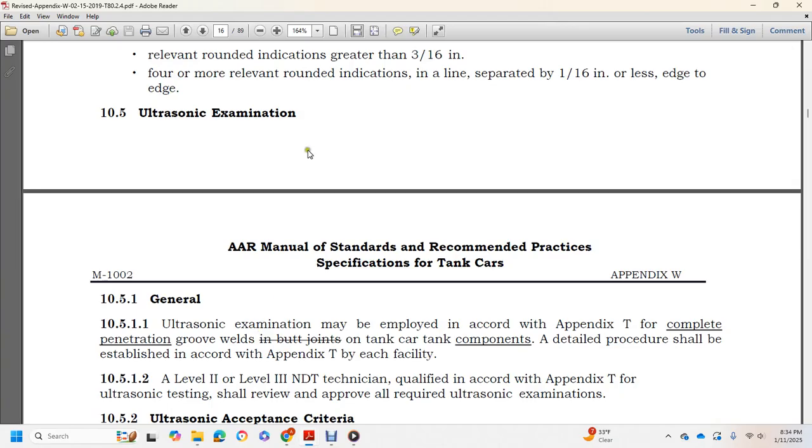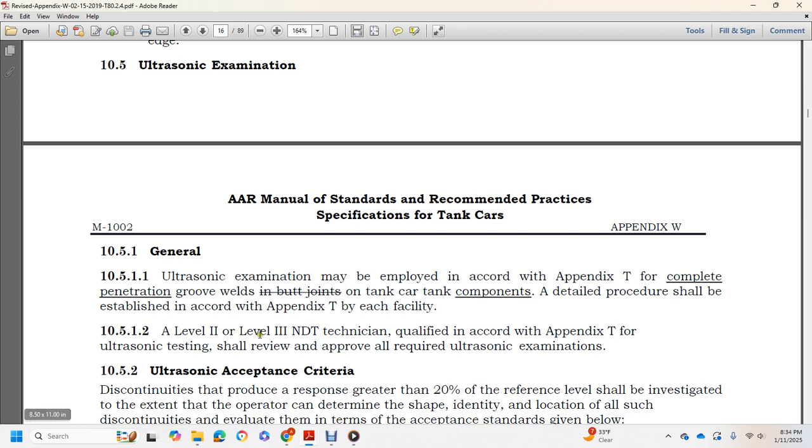Ultrasonic examination. Ultrasonic examination may be employed in accordance with Appendix G to examine complete penetration groove welds in butt joints, tank, or car components. Detailed procedures shall be established in accordance with Appendix G for each facility. A level 2 or level 3 non-destructive technician qualified in accordance with Appendix G for ultrasonic testing shall review and approve all